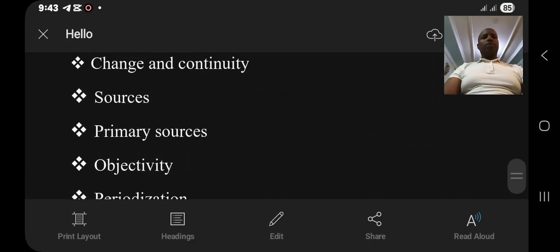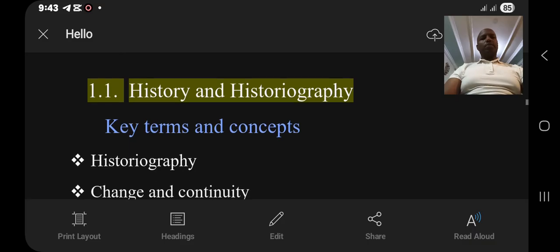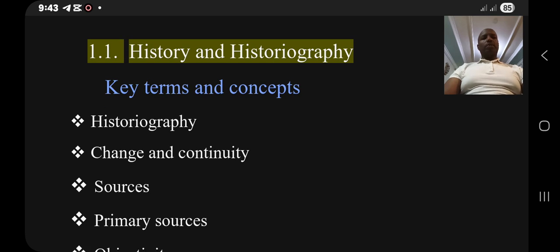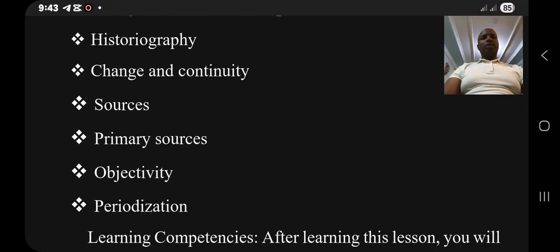The first subtopic of this unit is history and historiography. Under this subtopic, there are very important key terms and concepts. The first one is historiography. The second, change and continuity. The third key terms are sources, primary sources, objectivity, and periodization. These are very important historical terms, and we are going to learn more about them when we learn